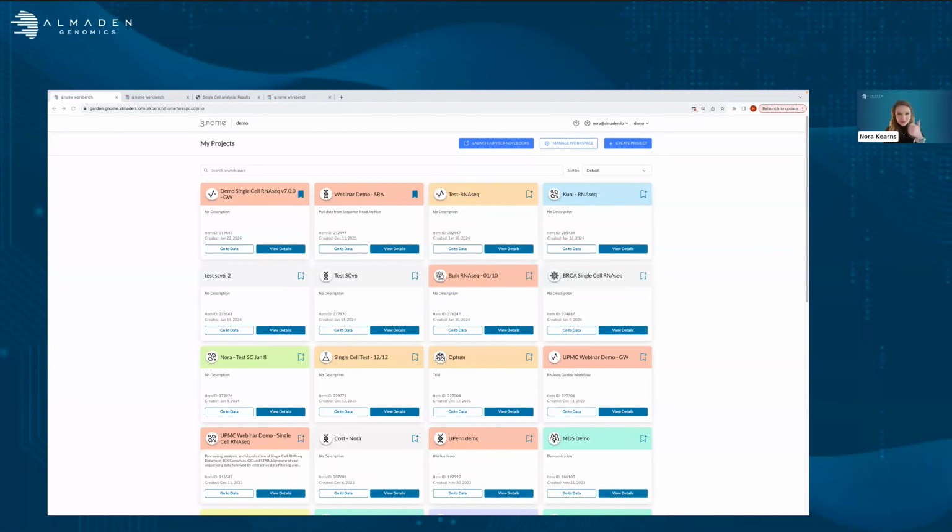Okay, screen sharing, good? Screen sharing, good. Awesome. Okay, so